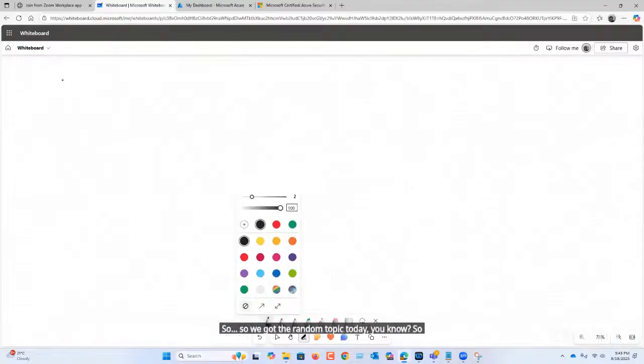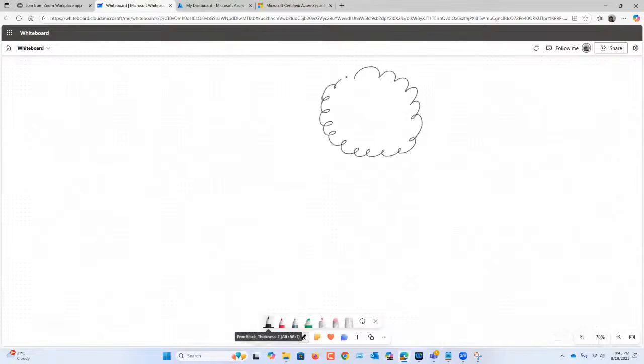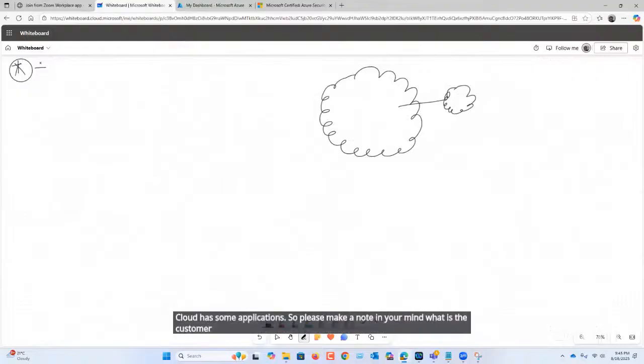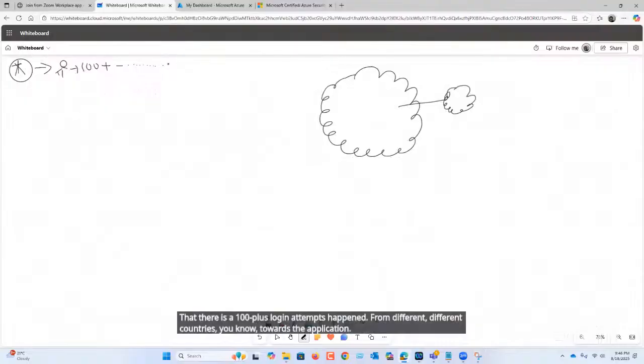So in the cloud there are some applications. Please make a note in your mind of the customer ticket that came to me: there were 100 plus login attempts from different countries towards the application. So just keep this in mind.